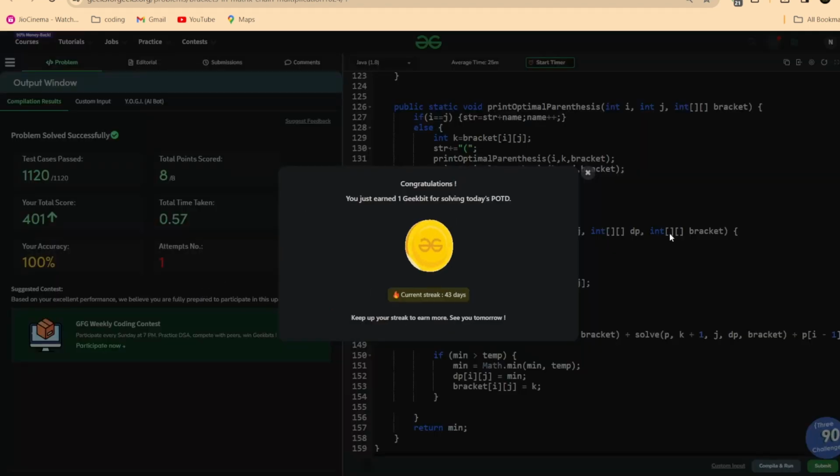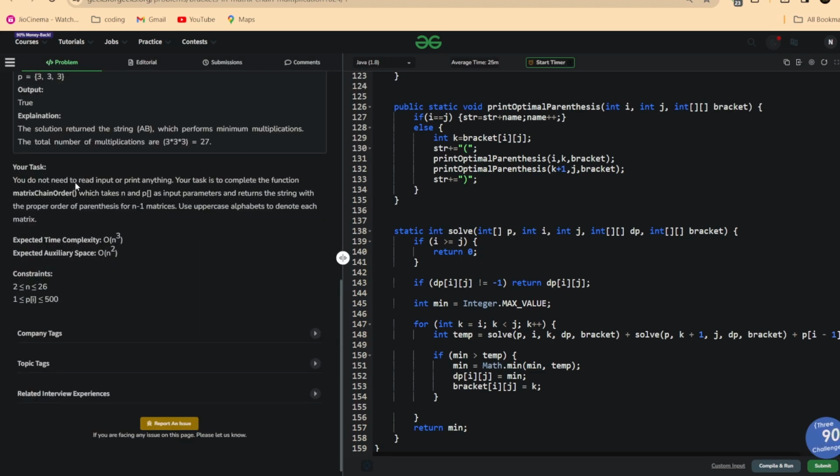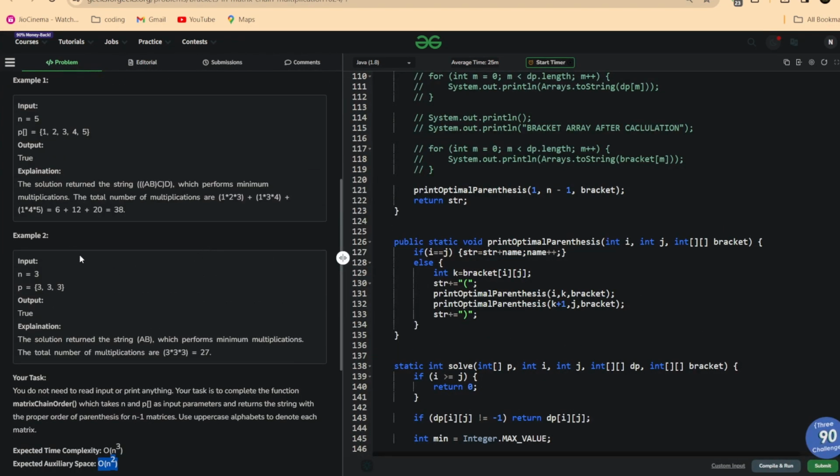Okay, guys. So this is our code for today. Hopefully you got the concept. Today it was a hard question, and the complexity was also high. It would be much easier if we just had to return the maximum multiplication operation, but as we have to give the output as a string, suppose we just had to return this number 30, then we could